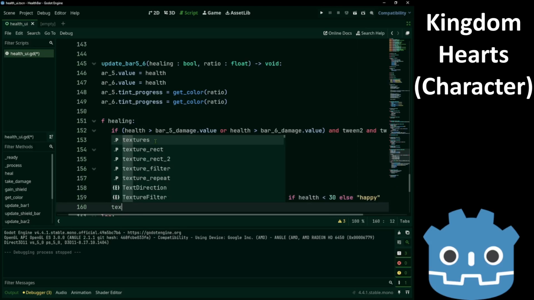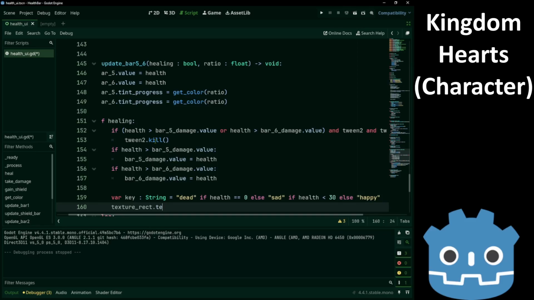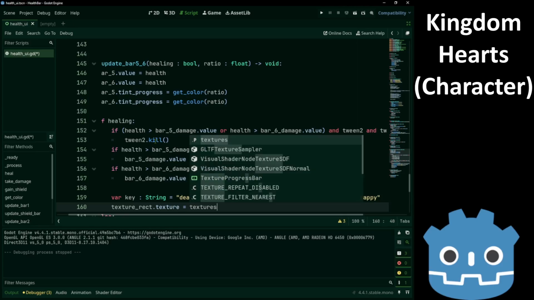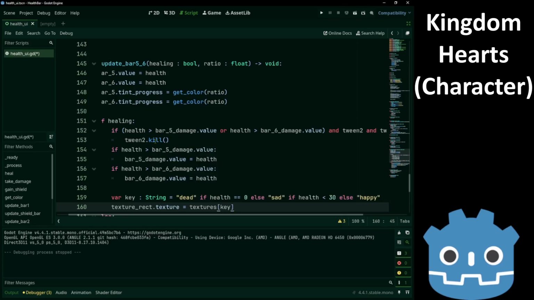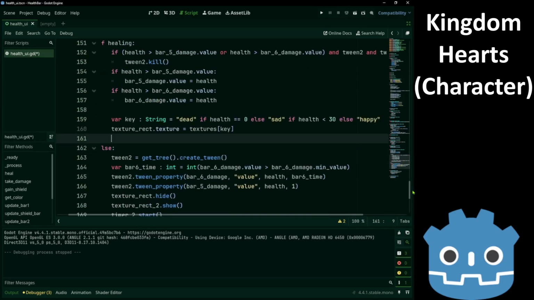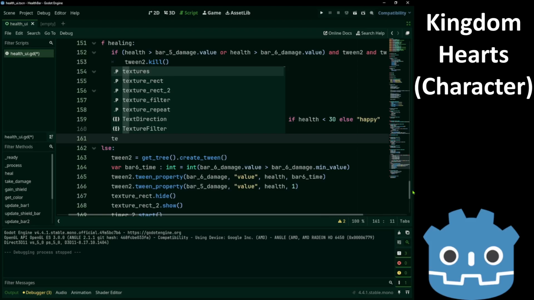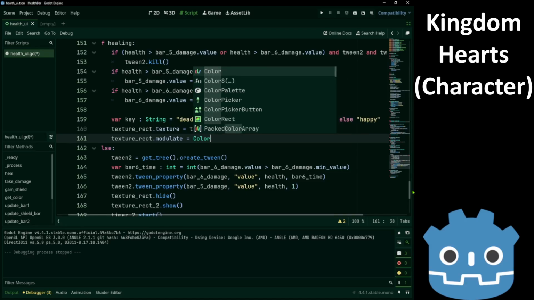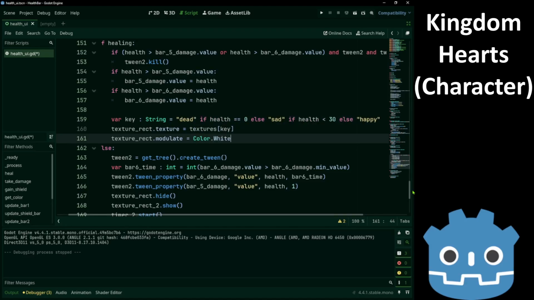And we say texture rect dot texture is equal to textures key. And also texture rect dot modulate. We want this to be white, because we're going to be setting it to red when we take damage.